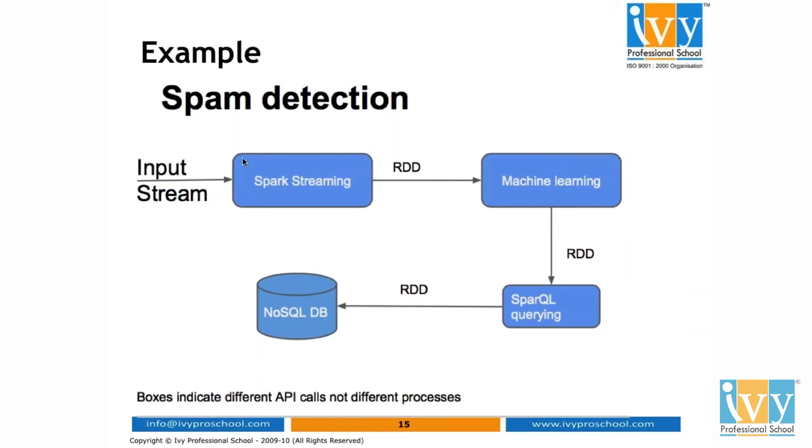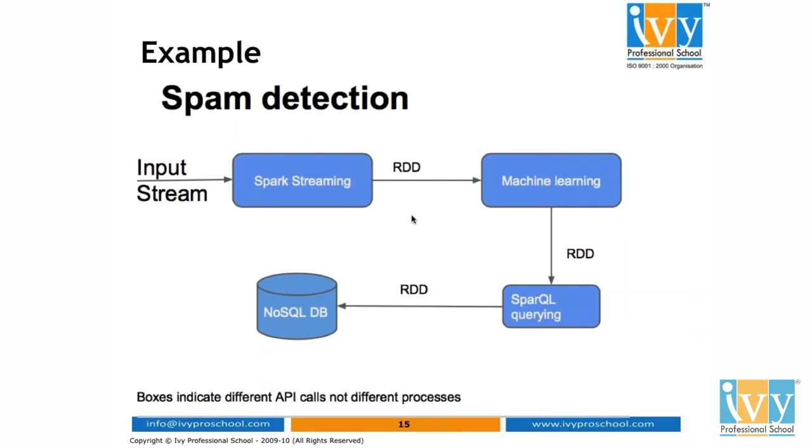In case of Spark, you can get the input data and stream it. Everything you see here is RDD. RDD abstraction means if you know RDD, it will be flowing through all the things. You can do machine learning with it, then you can do some querying on it using SQL, then you can store it in the database. So the developers actually need to learn only one API, that is RDD.